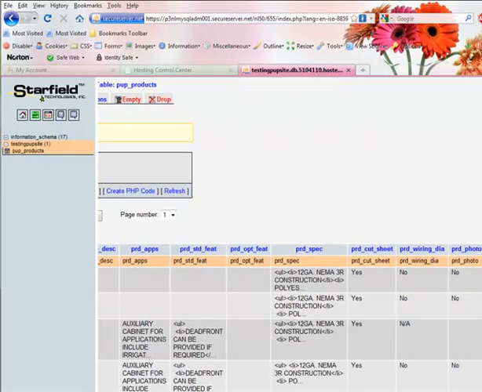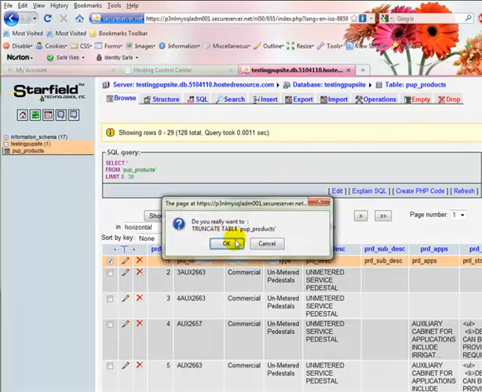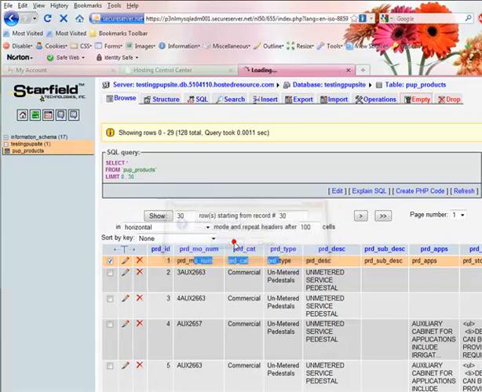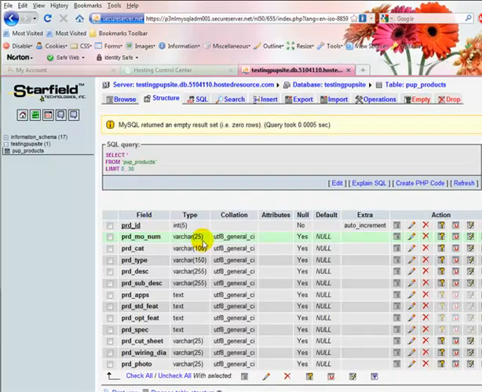I did notice one thing, that the CSV files that you sent me were breaking. What I'm going to do now is remove all of this data. All I have to do is click empty. If you click empty, it empties out the database. If you click drop, it completely removes pup products. So I just want to click empty. It asks, do you really want to do this? Because I'm removing all of that data. I say yes. Now, as you can see, there's nothing in it. When you click browse, you get the little X. So there are no rows. I'm going to go ahead and import